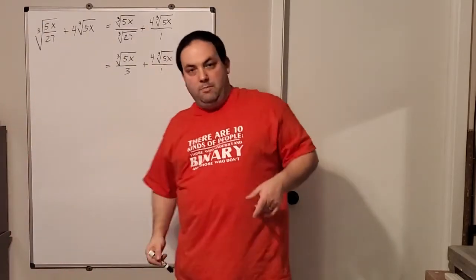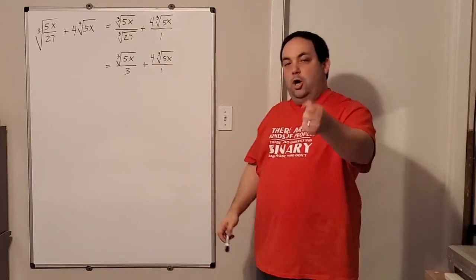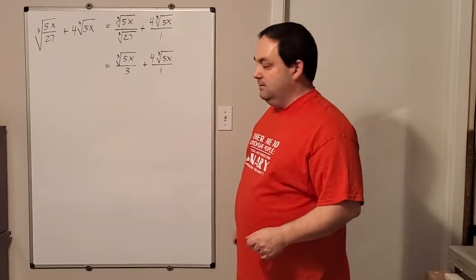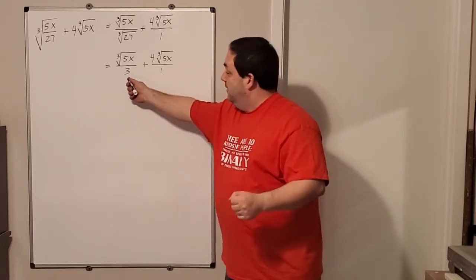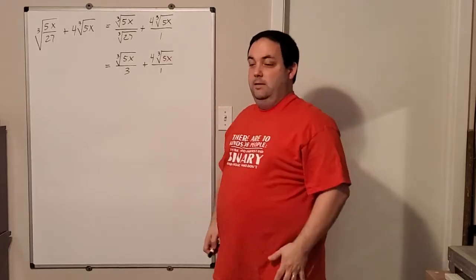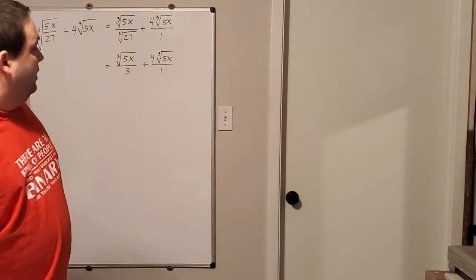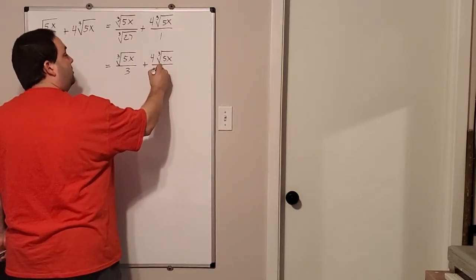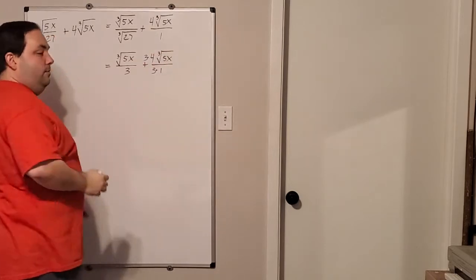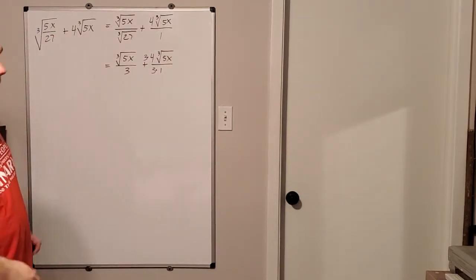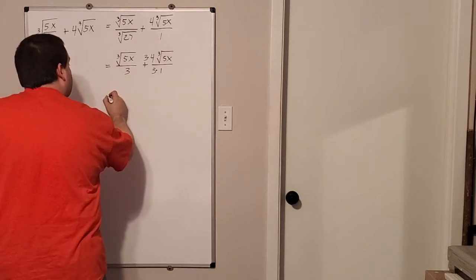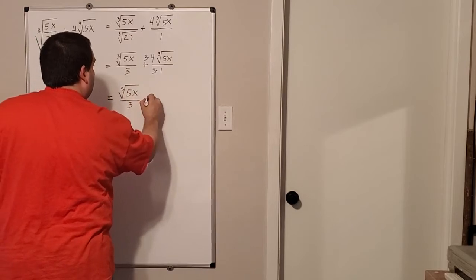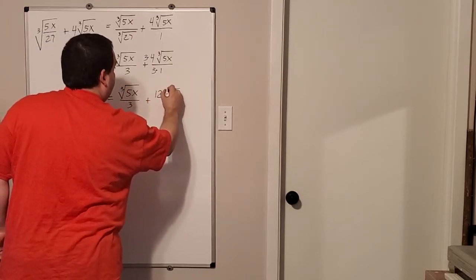Okay, so again, I'm noticing the radicals are like terms. They're both third roots. They're both of 5x. Great. But don't make that mistake yet, or ever, hopefully. Right? Common denominator is needed. What's the common denominator between 3 and 1? That would be 3. So I just need to do a times 3 here and here in order to get that common denominator. So then equals, I've got third root of 5x over 3 plus 12 third root of 5x